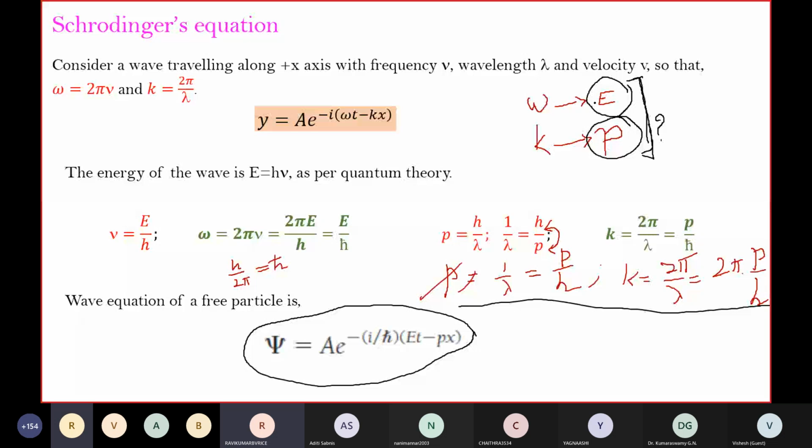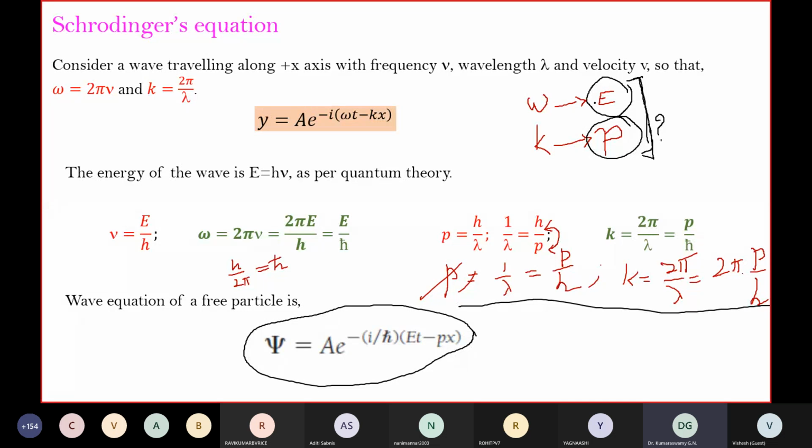Can you repeat the last part of the equation? E into t minus p into x. Okay. We got this equation,